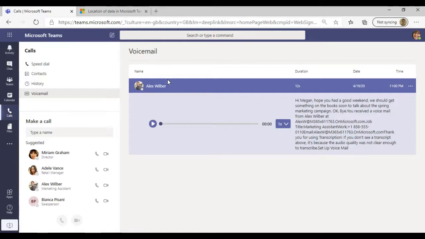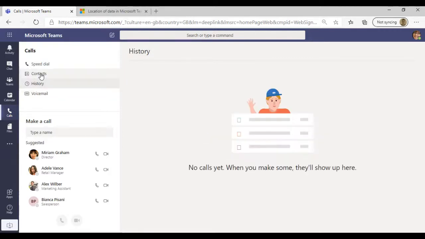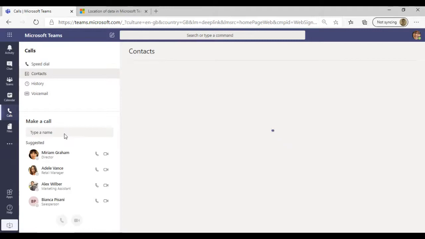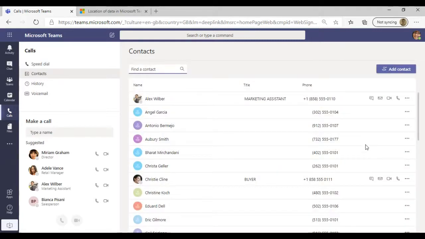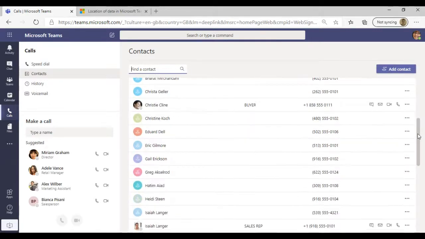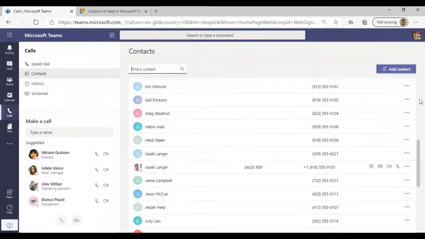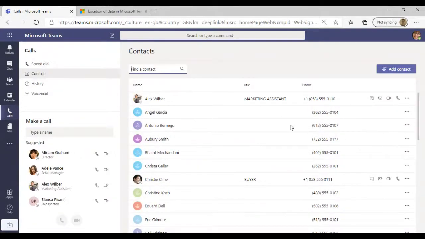When did I last call that person? What's my history? And actually the contacts list is very good at being able to look up people very quickly. So again, if you've got a large organization, you have the ability to look them up very, very quickly and call them directly. Or, as we said before, using that chat function, if you have 10 people in a chat, you can just press one button, call all 10 of them immediately. Again, it's that time-saving element.